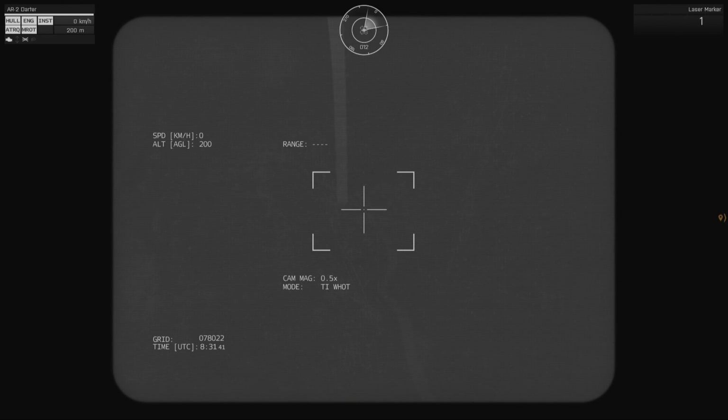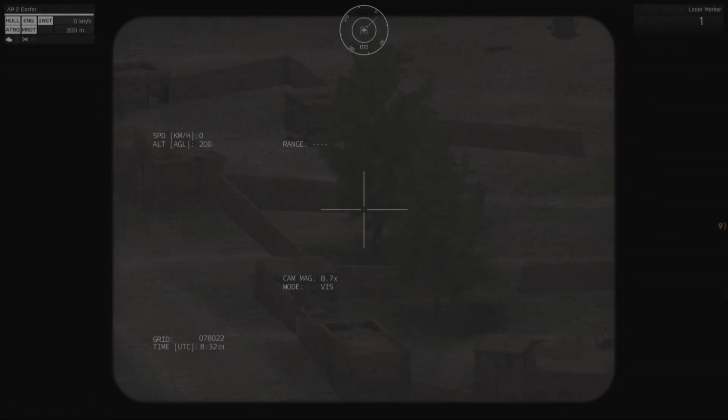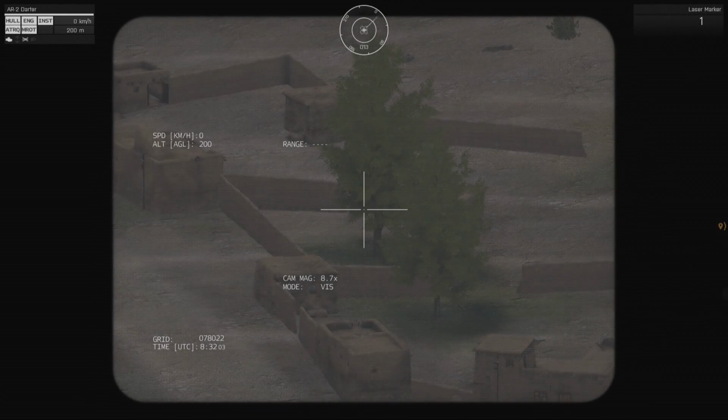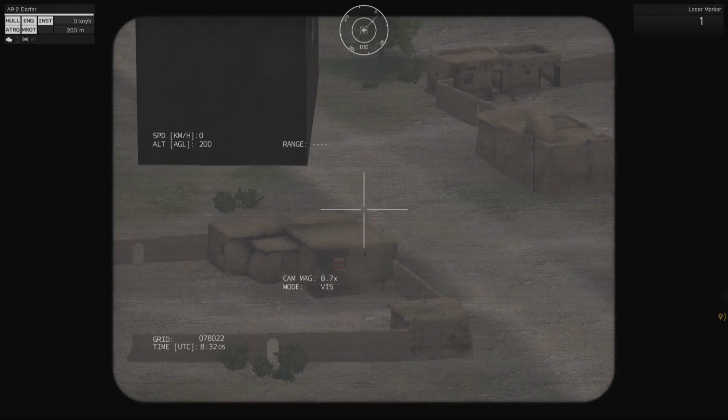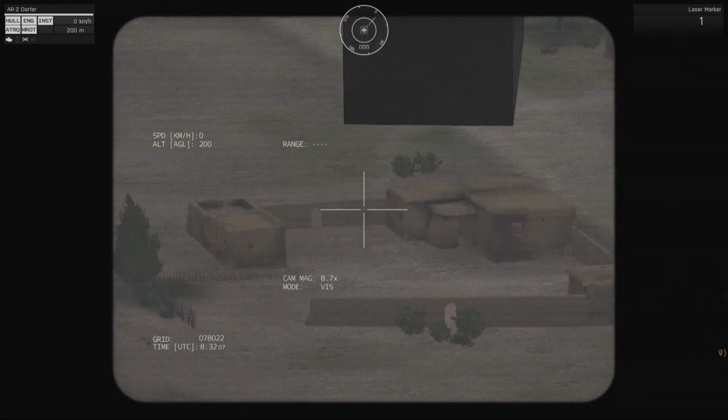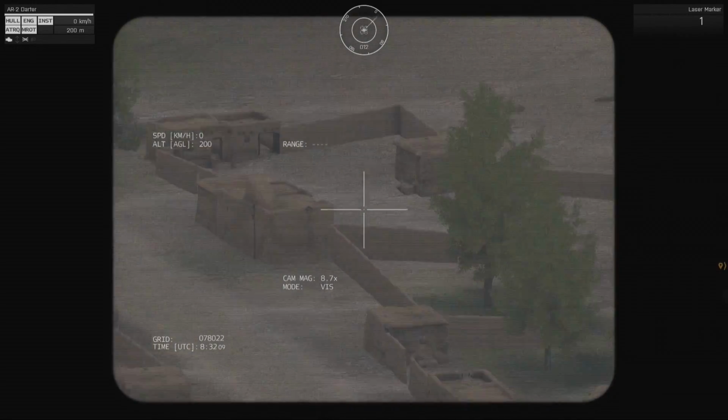Now if you hit the N button, that takes you into night vision. Hit it again, that takes you into your white hot thermal. Or hit it one more time and that takes you into black hot. Now if you're running a mission and you want to use this to your advantage, you can keep him at a higher altitude and zoom in, or keep him offset from your objective area. Be able to zoom in using any of the different vision modes and see what's happening in the area that